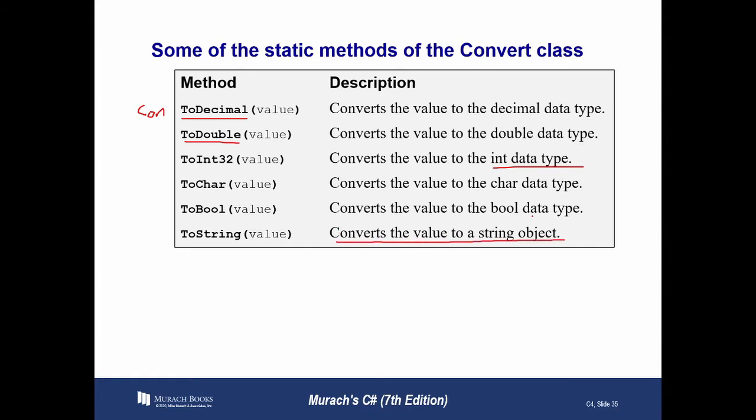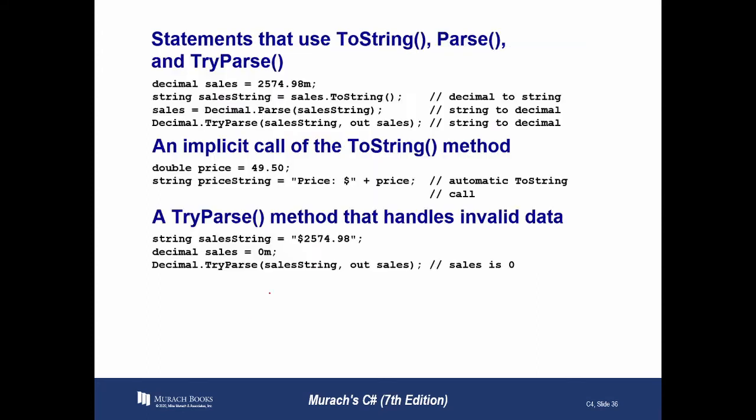And you see the difference here. It's saying convert to a data type, a bool data type, and so on. But this one is saying convert the value to a string object. And that's the important thing there. So that's the big distinction here. So let's continue on and look at these sort of